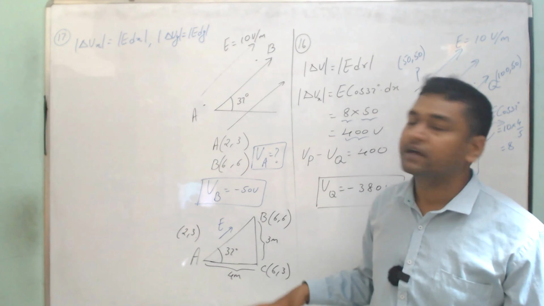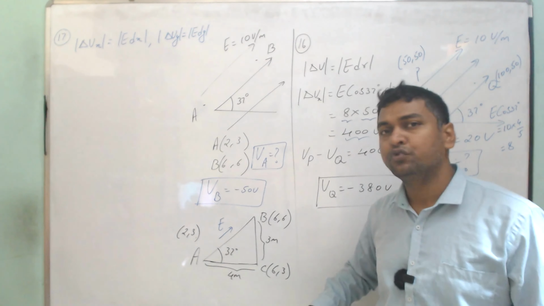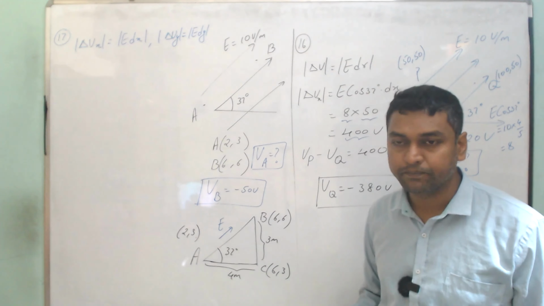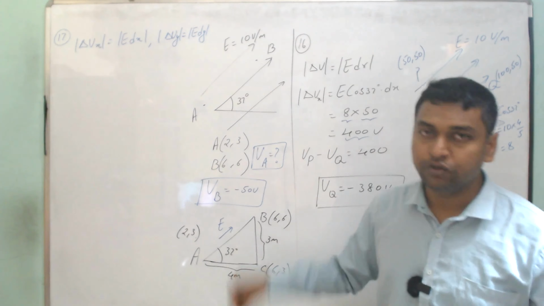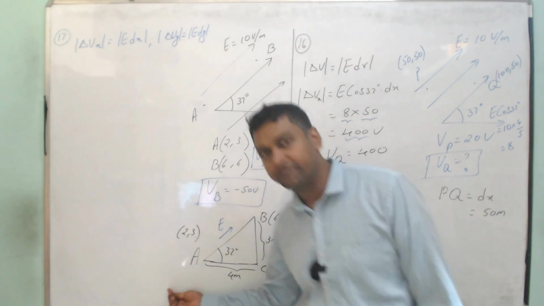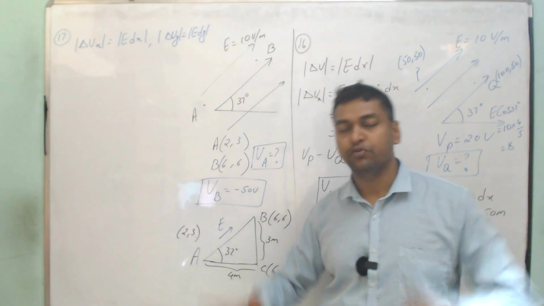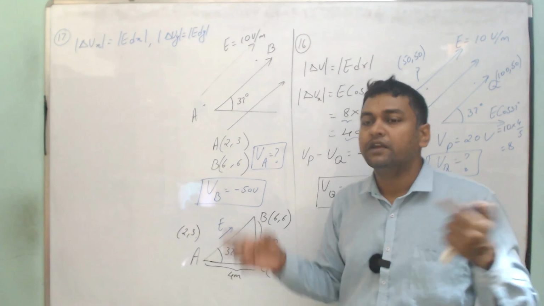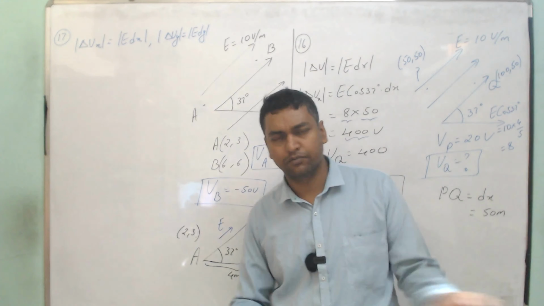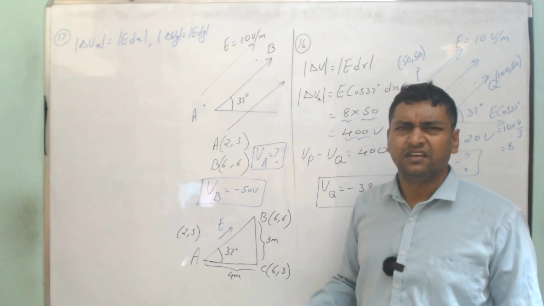When I do delta Vx, it will be between points A and C. When I do delta Vy independently, it will be between points C and B. Now again, intuitively, keeping the direction in view, we are going to do VA minus VC or VC minus VA, higher potential to lower potential. Once you practice more and more problems from all the sources that you have, eventually you will see both are